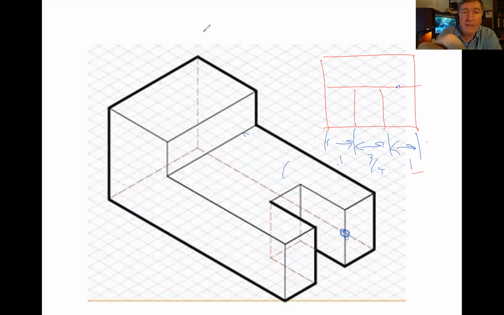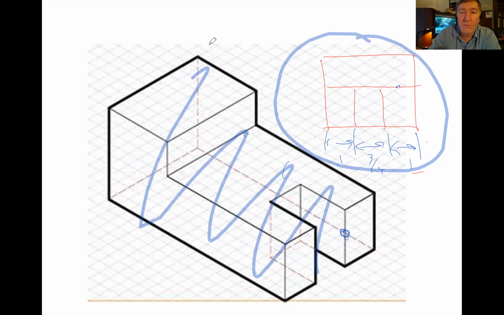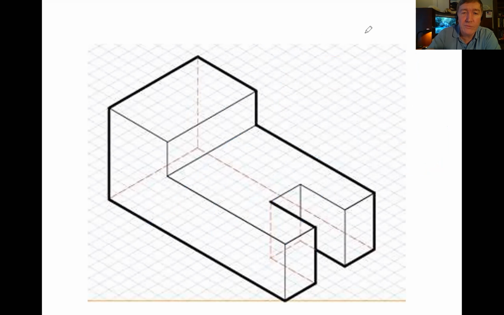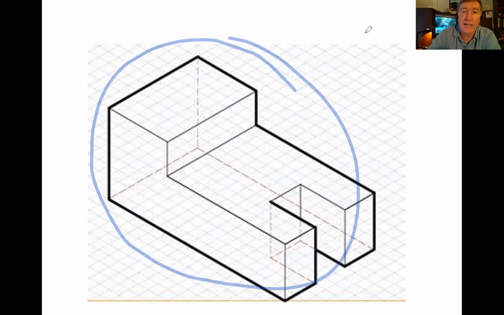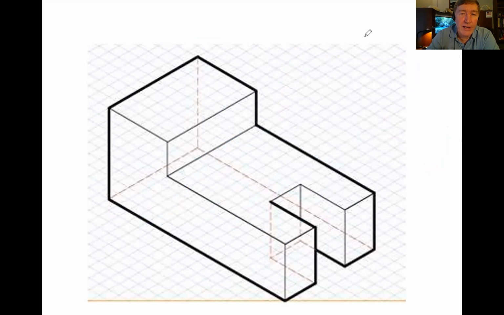Most people, if all I gave you was this drawing and I didn't give you this drawing, most people would look at this and they would say, huh? And that's why whenever you do an orthographic drawing, you really need to also include an isometric drawing in order to help people see it. Now what if I asked you to do an orthographic view from the top? How would we do that? So I want